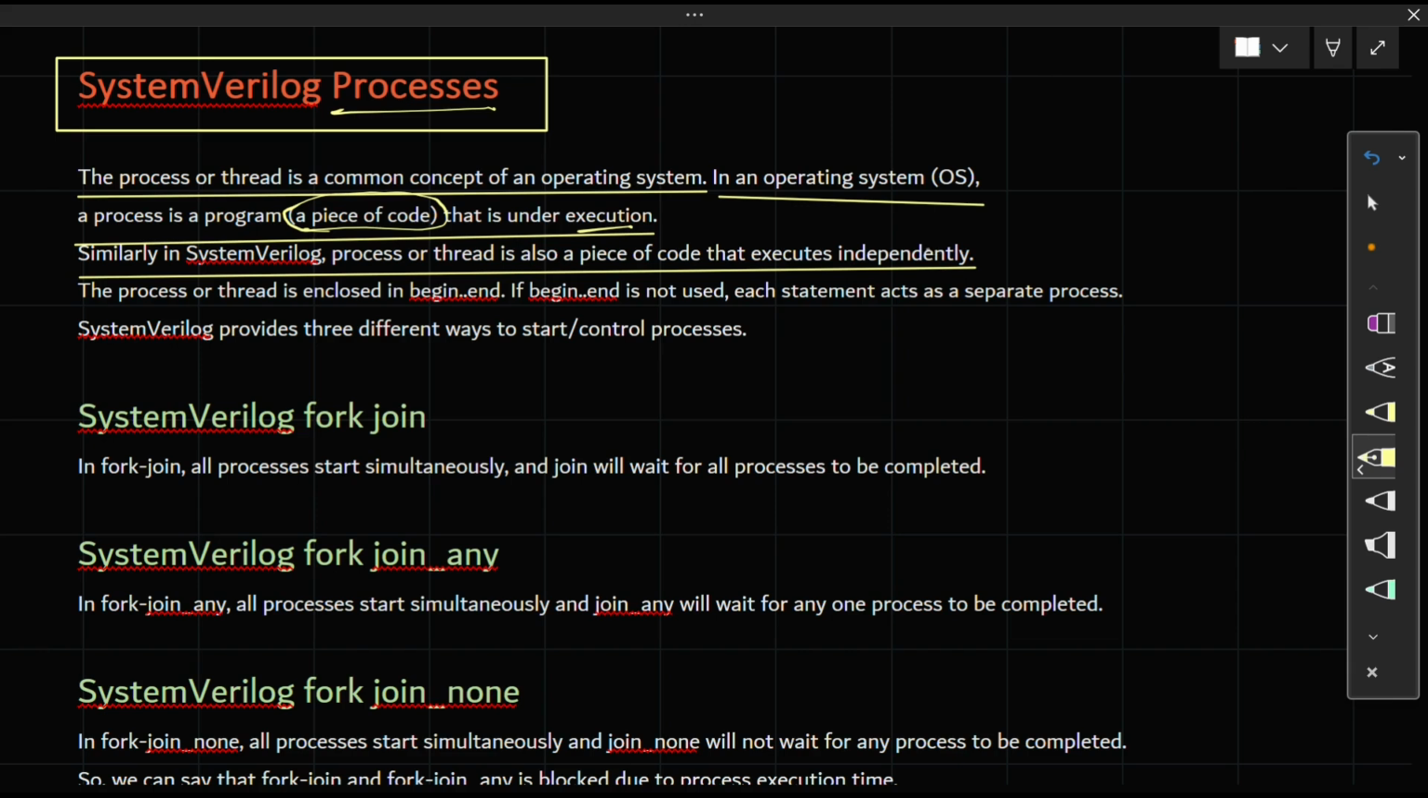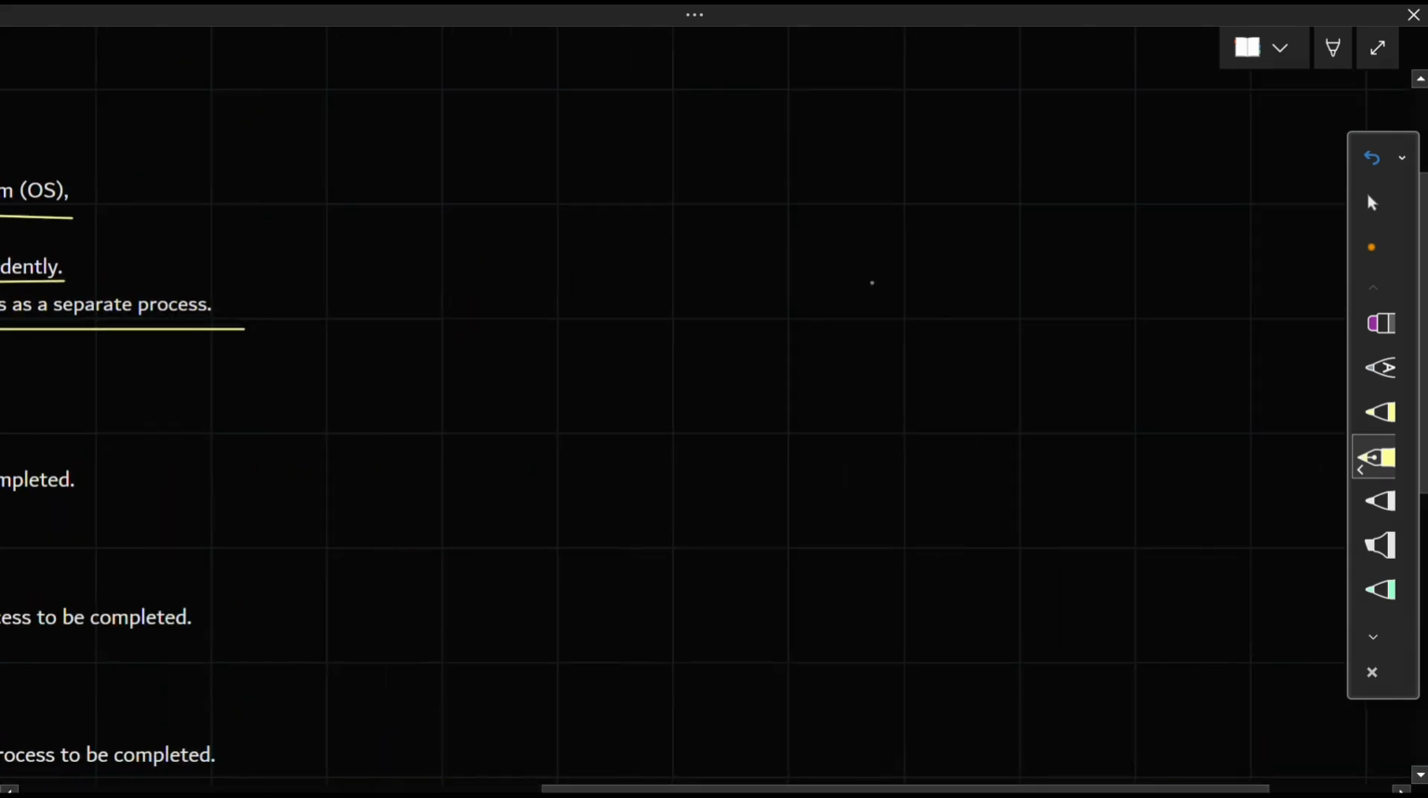And how will it run? Either it may run in a sequential manner or it may run in a parallel manner. The process or thread enclosed in begin and end is sequential, and each statement acts as a separate process. So what does this mean? In begin end,